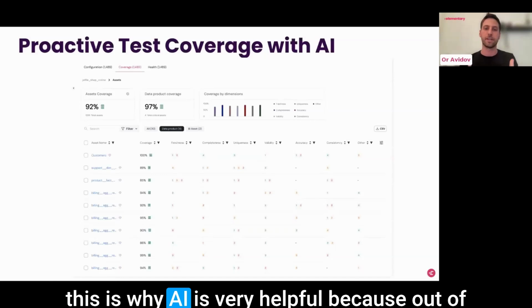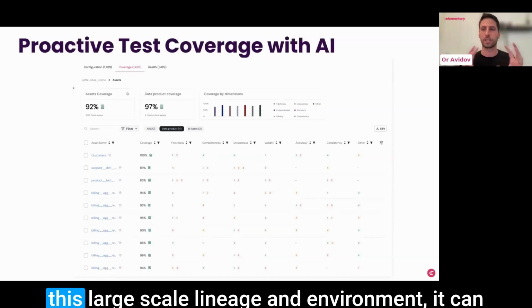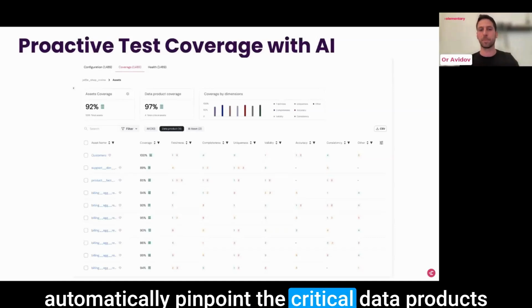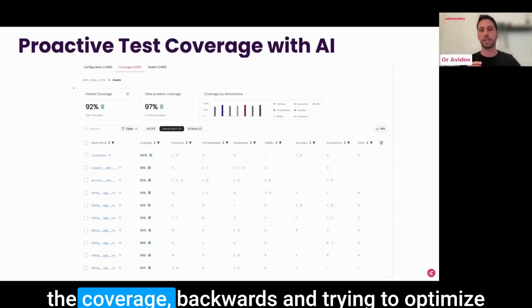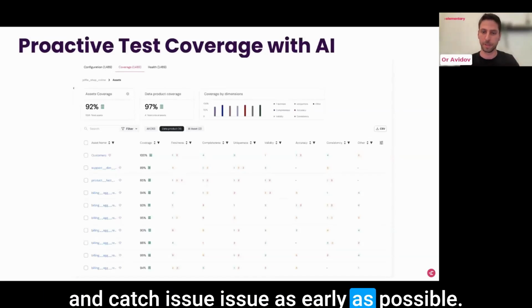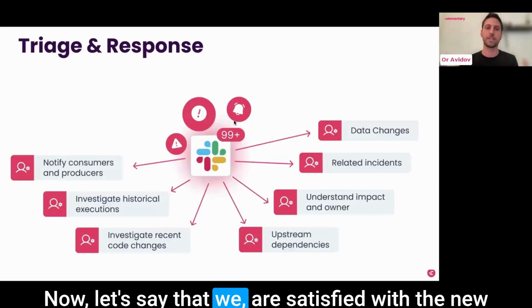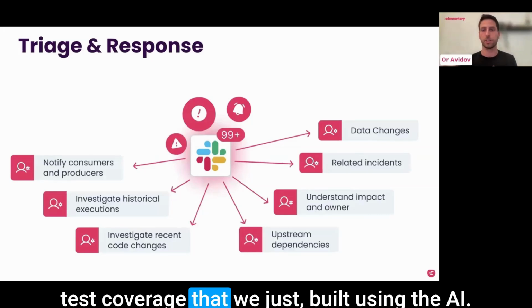This is why AI is very helpful, because out of this large-scale lineage and environment, it can automatically pinpoint the critical data products based on analyzing the usage and declaring the coverage backwards and trying to optimize and catch issues as early as possible. Now, let's say that we are satisfied with the new test coverage that we just built